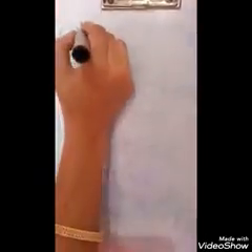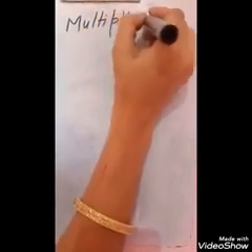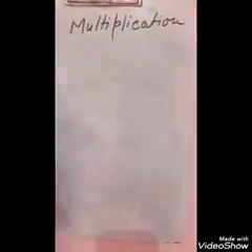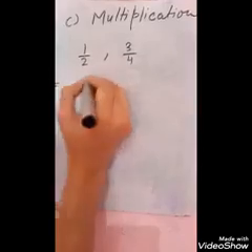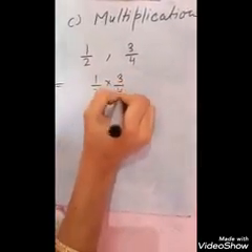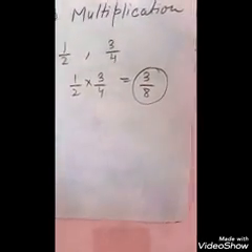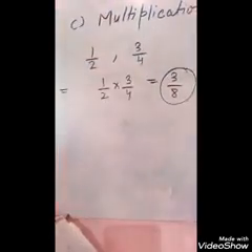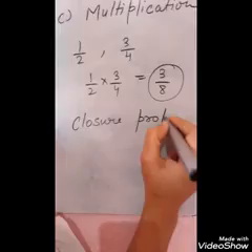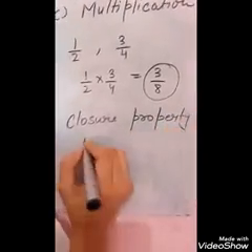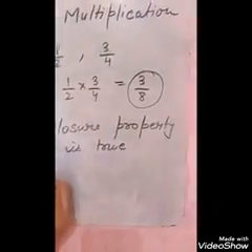Now after subtraction we have multiplication. Let's see whether multiplication follows closure property in rational numbers or not. So again we will take two rational numbers, that is 1 by 2 and 3 by 4, and now we will multiply them, 1 by 2 into 3 by 4, and the answer is 3 by 8. So you can see that 3 by 8 is also a rational number. So we can conclude that for multiplication closure property is also true. Remember students, we are talking about rational numbers only, okay? Now we have the next operation, that is called division.